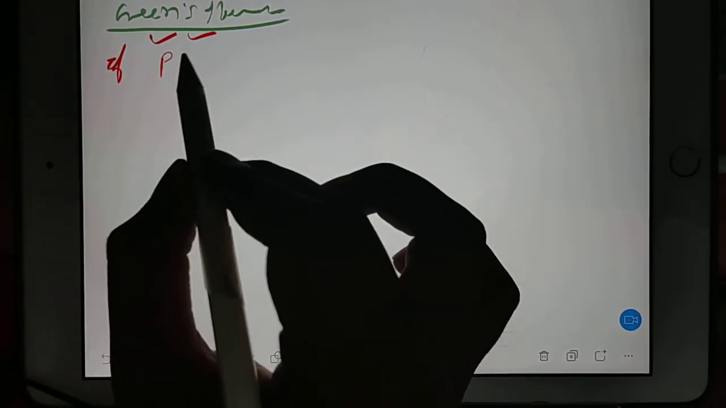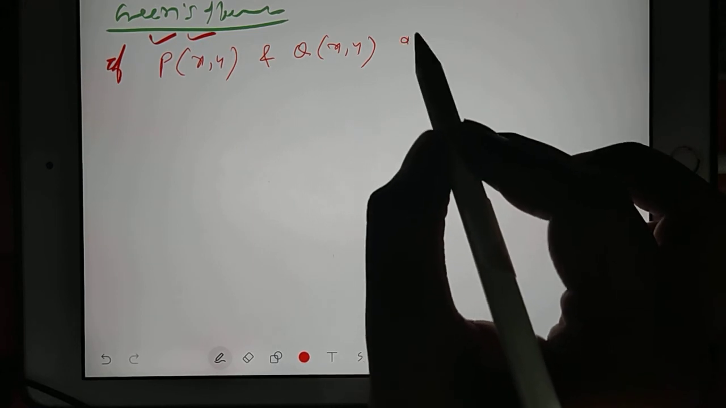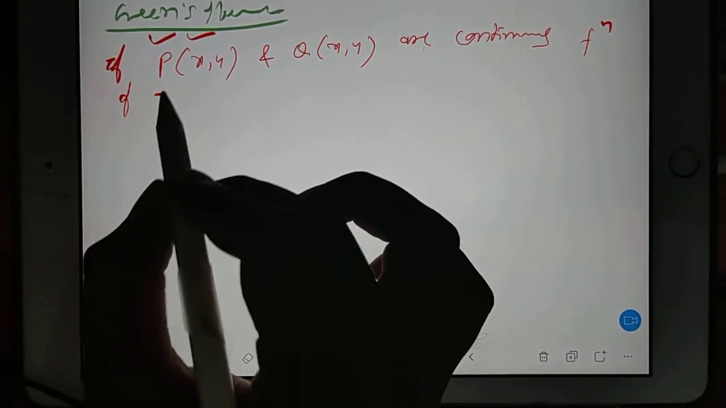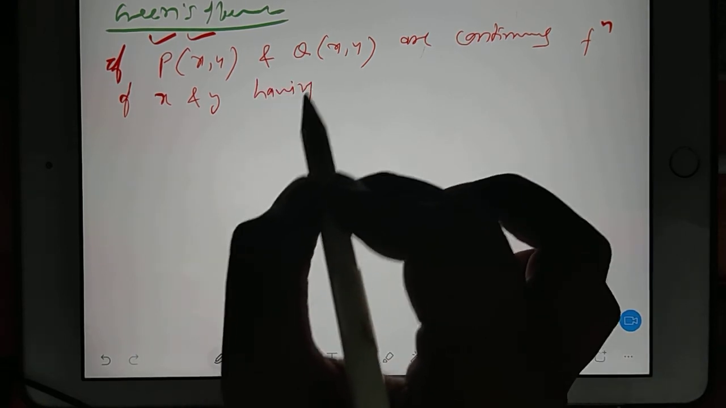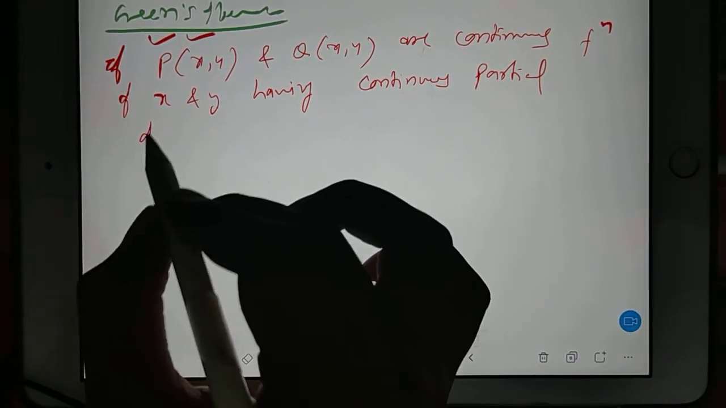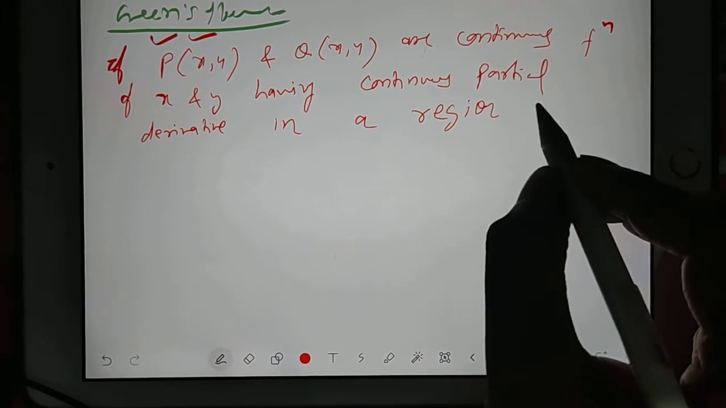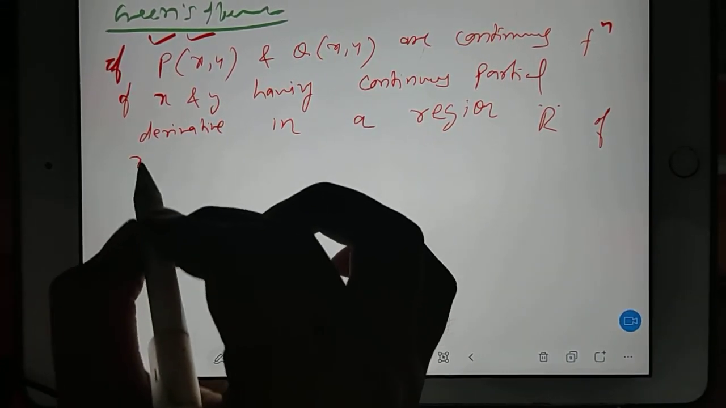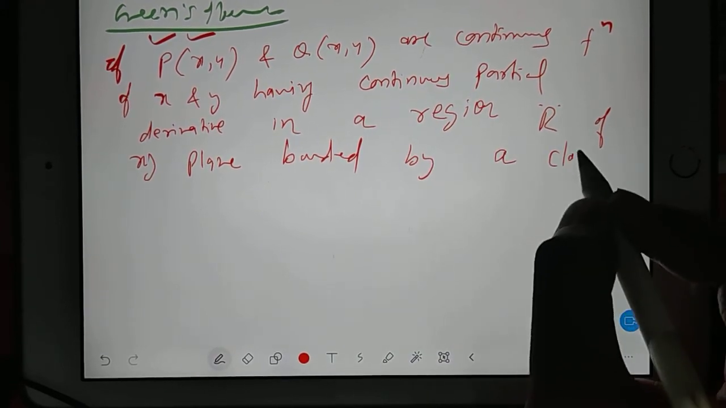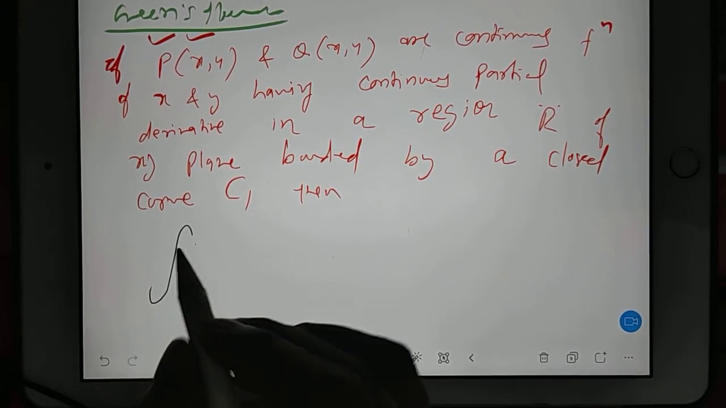If P(x, y) means P is a function of x and y, and Q(x, y) means Q is a function of x and y, are continuous functions of x and y having continuous partial derivatives in a region R of the xy plane bounded by a closed curve C, then the integration, which is closed and cyclic,